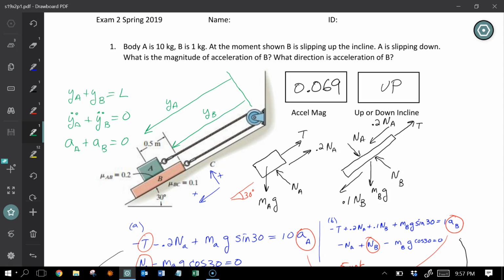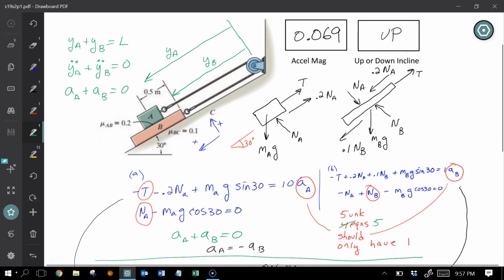There are 2 bodies in this problem, and so odds are we're going to have to draw both bodies for the free body diagram. You do not want to put them together in a free body because they have different accelerations. A is going down, B is going up. Okay, so what I do here is draw the 2 free body diagrams. The first one, which is over here,